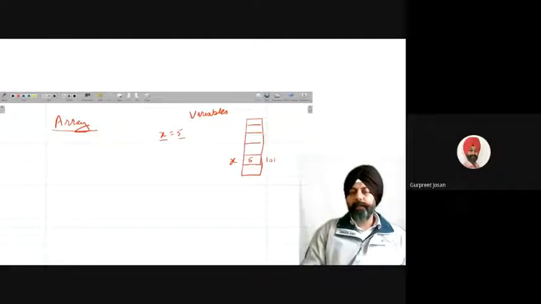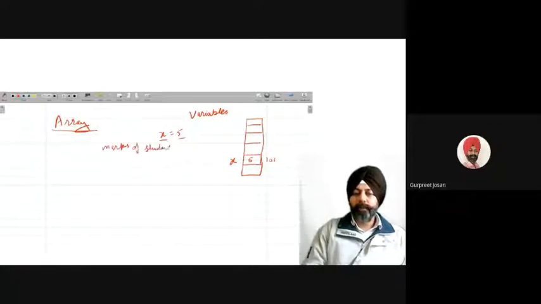But sometimes we need to store multiple values. For example, I want to store the marks of a student. If I have 5 subjects, then what is the technique?